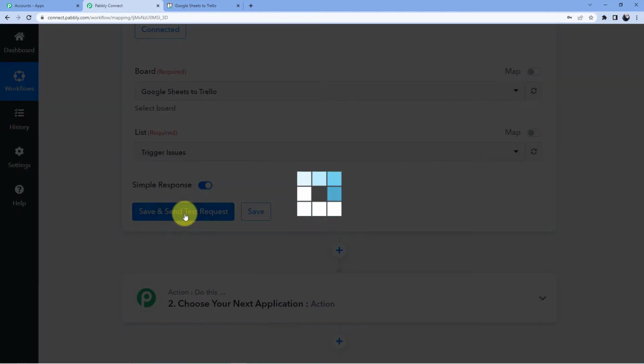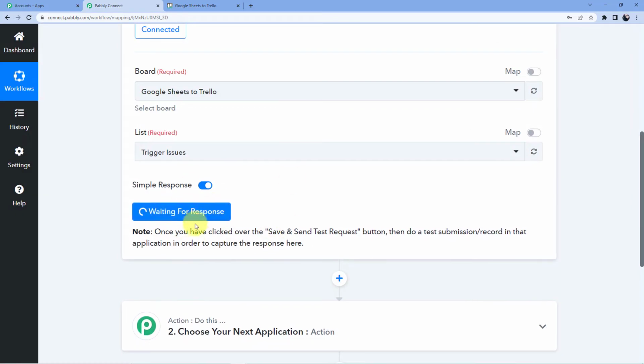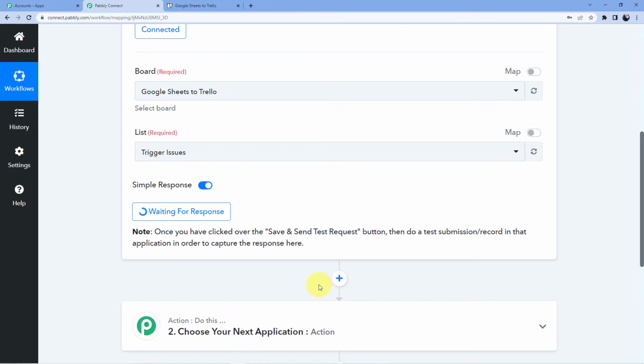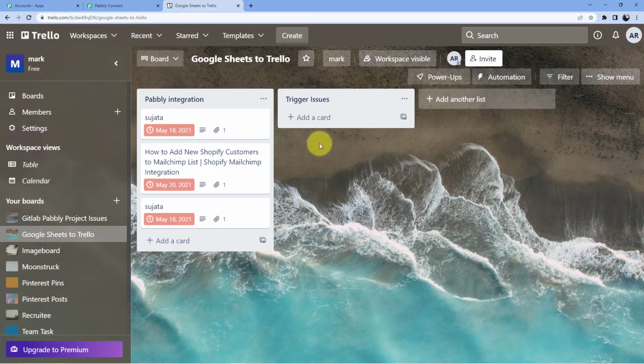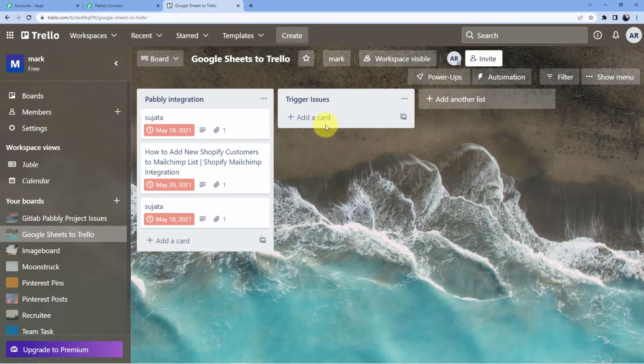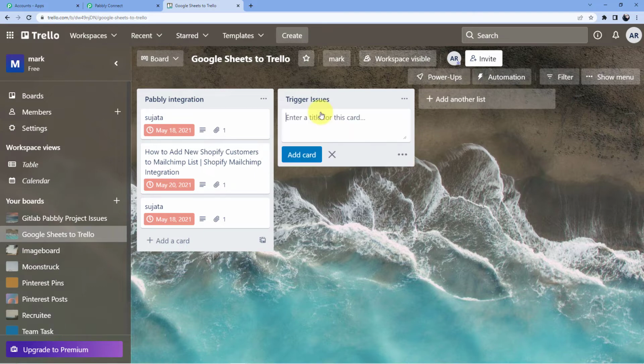You can see when I click on save and send test request, it is waiting for the response. Now what will happen, as soon as I create a card, it will automatically take the card, but will not let me fill out the details in the card, because to do that we have to first create a card and then we have to click here and fill out the details in the card separately. So what I'm going to do, I'm just going to go and I will type in here